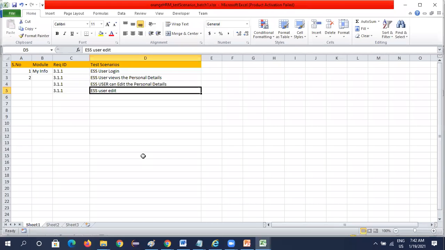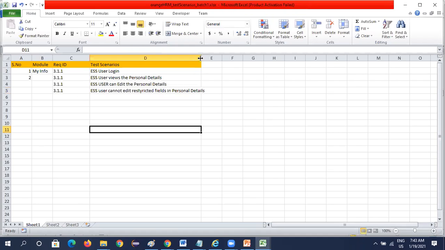So that is one test case. So ESS user cannot edit restricted fields in personal details. Okay, this is the next scenario,